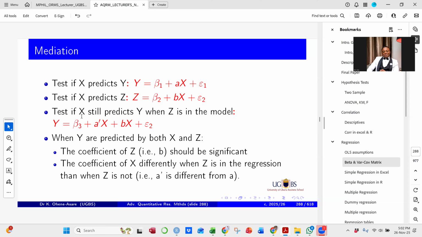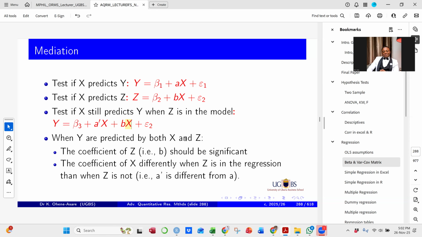Now we can test if x still predicts y when z is in the model. Because you are saying that x predicts z, and x predicts y. So now, if I am predicting y, what if z is there in that model? Because we already know that x affects z. So if z is in the model, when y is predicted by both x and z,